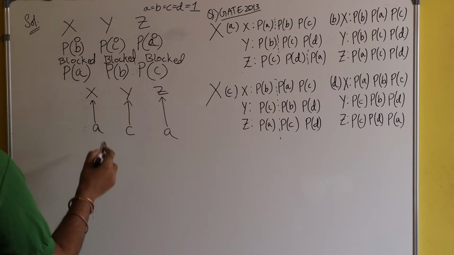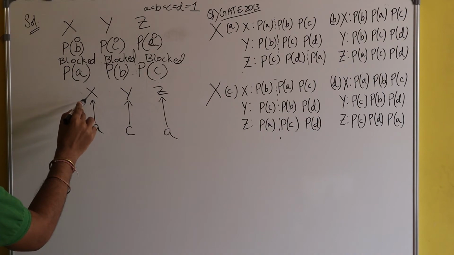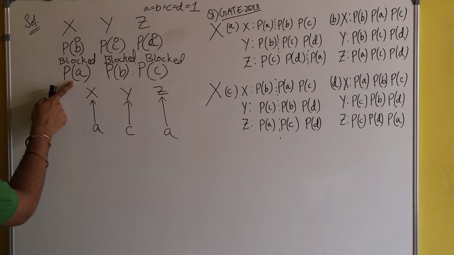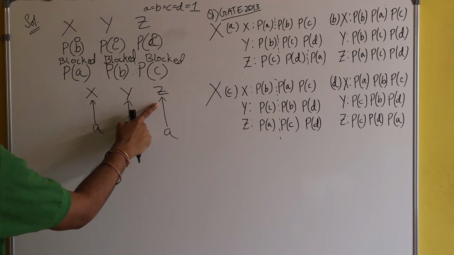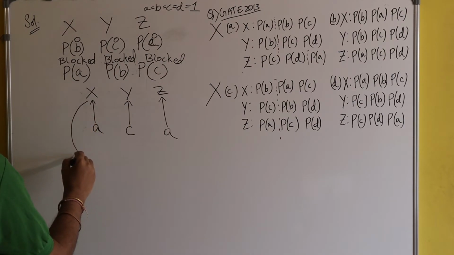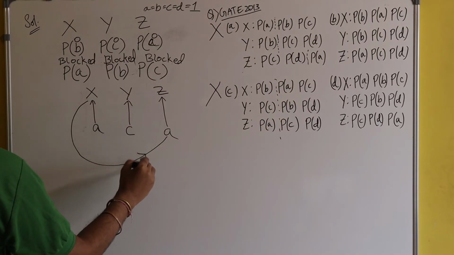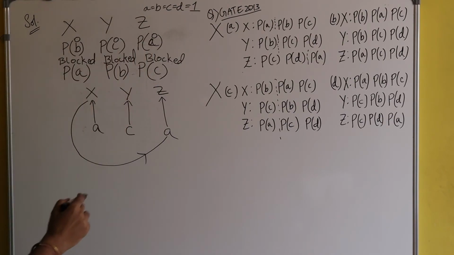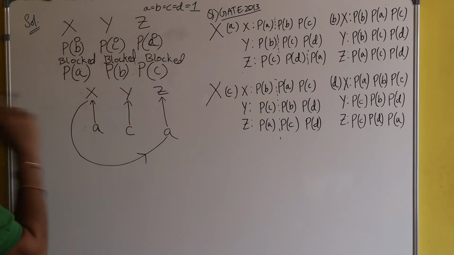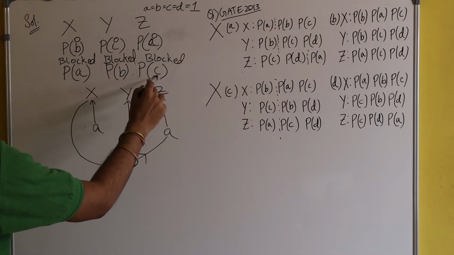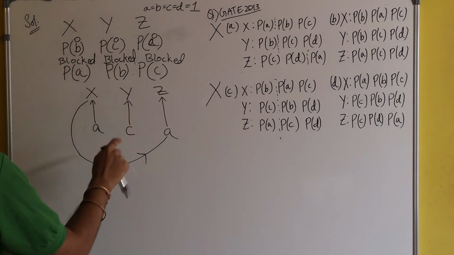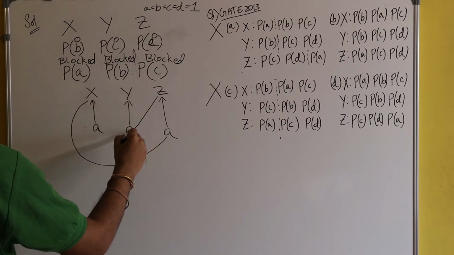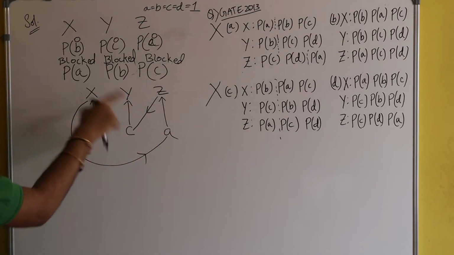After that, the CPU is given to process X. Now process X is waiting for A, and A is acquired by Z. So here you can see process X is waiting for A. Now there is a context switch and the CPU is given to Z. Process Z wants to apply P operation on C, but C is acquired by Y. So process Z will have to wait for C, which is acquired by Y.